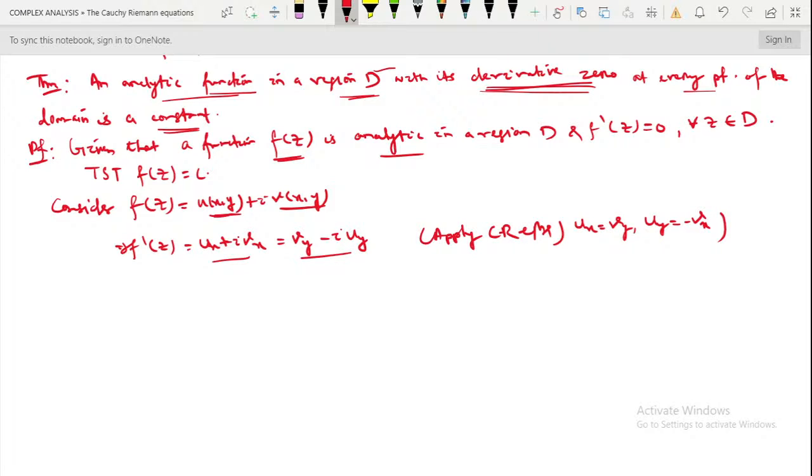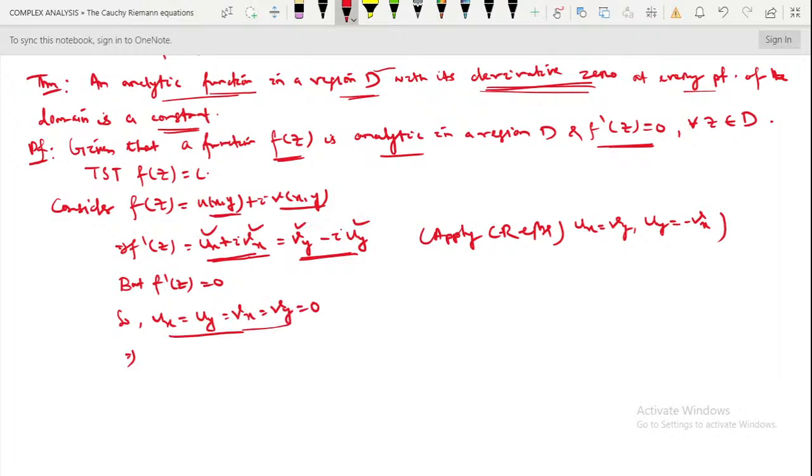So what did you get here? It is saying that f dash z is 0. This is given equal to 0. That means this part equals 0 and this part equals 0, so the real and imaginary parts are 0. So ux equals uy equals vx equals vy. These are all 0: ux, vx, vy, all these things are 0. Since all these are 0, this implies the u and v